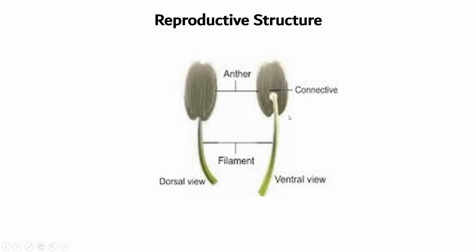Now this is the diagram of stamens. This is the filament, long and elongated. The filament is attached on the receptacle at the base of the ovary or top of the ovary, and there is the connective and the upper lobe, which is the anther. Within that anther, there are many pollen grains. Microspores are there. These microspores are nothing but the male reproductive structure. This is the dorsal view and this one is the ventral view.